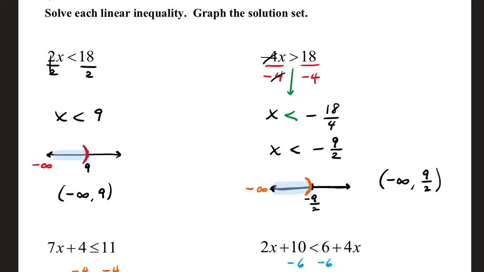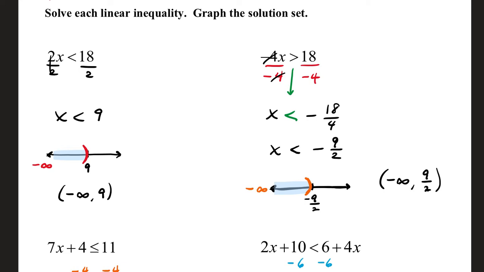In the upper right example, we have negative 4x greater than 18. When you divide both sides by negative 4, that gives us x, and negative 18 over 4 reduces to negative 9 halves. Notice that the inequality got switched around. If you multiply or divide both sides of an inequality statement by a negative, and we had to divide by negative 4,